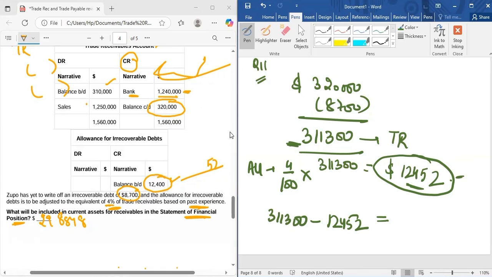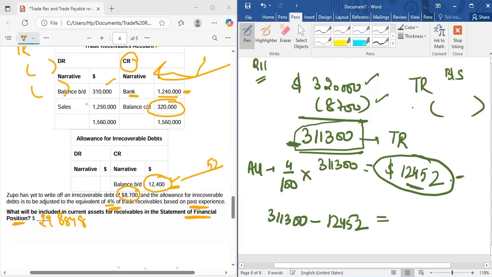Okay, they have just given this opening balance for confusion. Like I got confused, so be very careful. The movement goes into the statement of profit and loss, and this entire allowance would be deducted from our trade receivables. What have I done? I took the trade receivables. Okay, I deducted the bad debts. Then I came at a figure of 311,300. I calculated 4% of this, 12,452, and I deducted it again from this 311,300. Okay, so the trade receivables which would appear in my balance sheet would be after deducting bad debts and allowance, right?